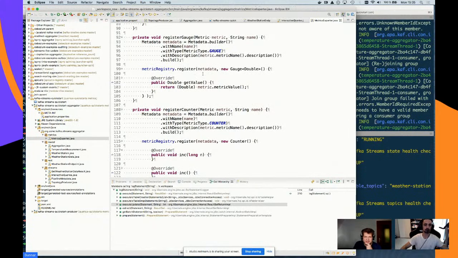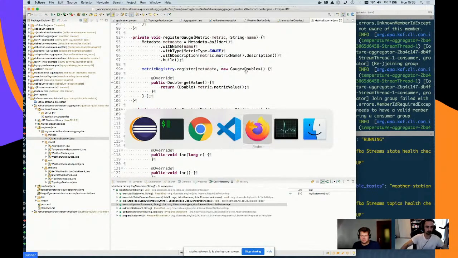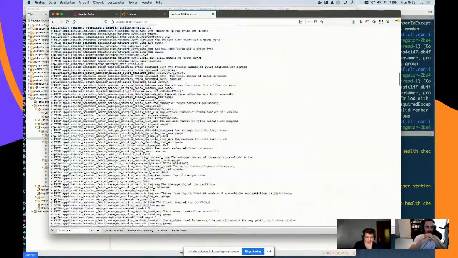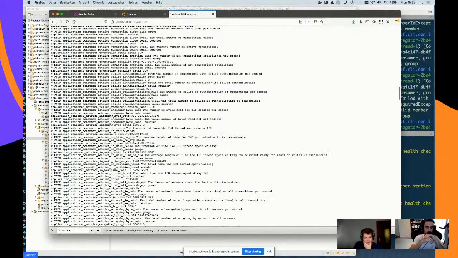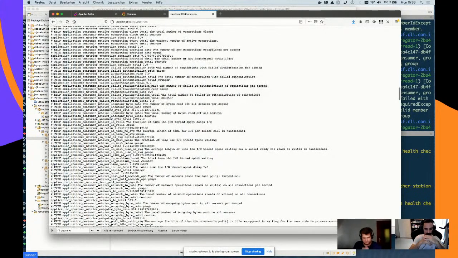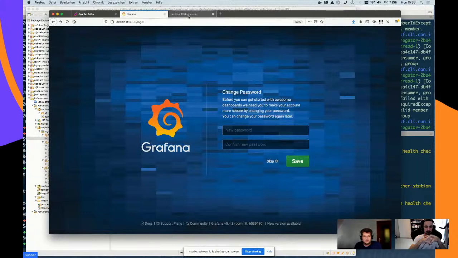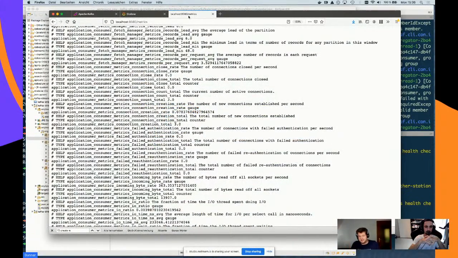And then how it would look is, I still have this here. It would expose this metrics endpoint, and this is something which I can then use as a data source in Prometheus. That's the Prometheus data format. Yeah, exactly. Okay, that's cool. And from there, I could look into Grafana, and in a minute or so I would have a dashboard, and I could see the history of my arrival rate and those kinds of things.